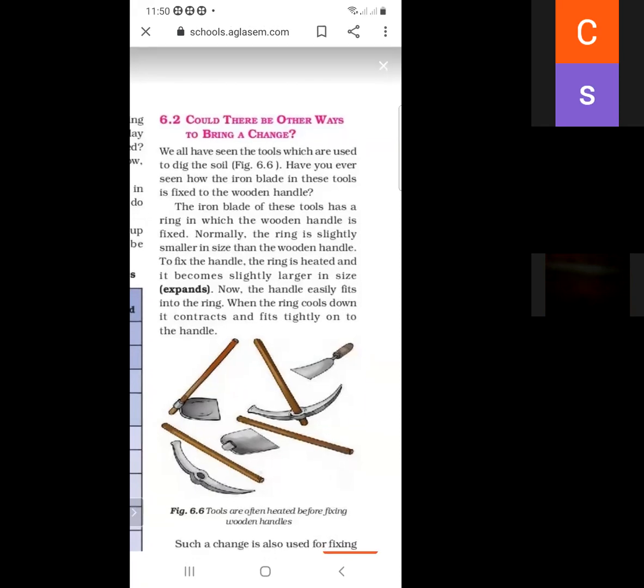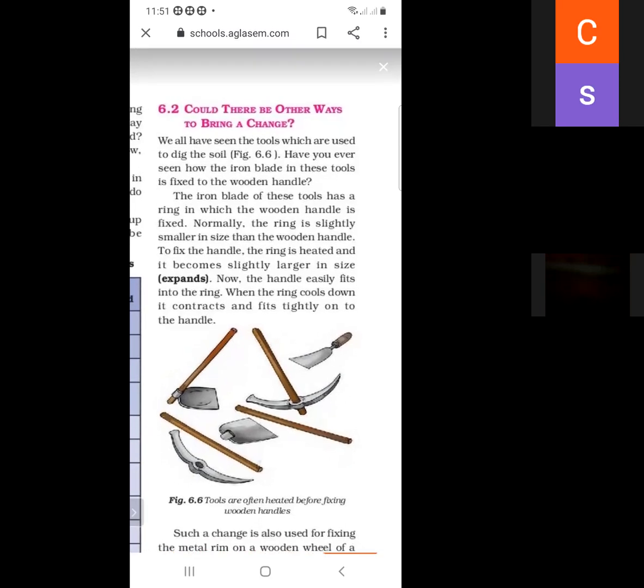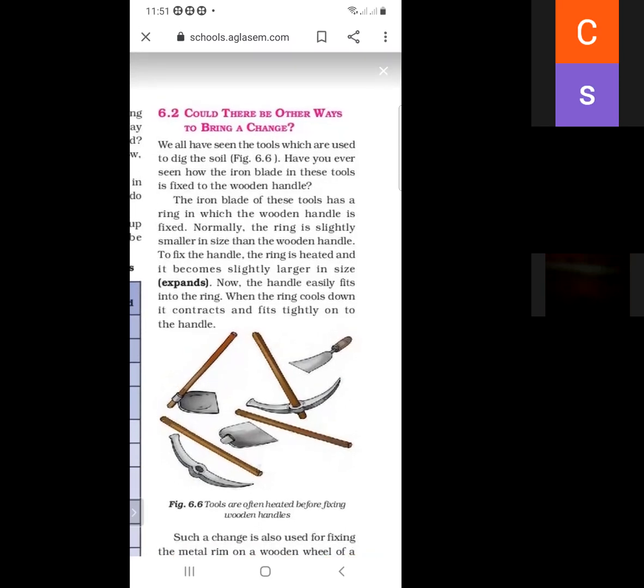The iron blade of this tool has a ring in which the wooden handle is fixed, and this ring is slightly smaller as compared to the wooden handle. To fix the handle, the ring is heated and it becomes slightly larger in size.